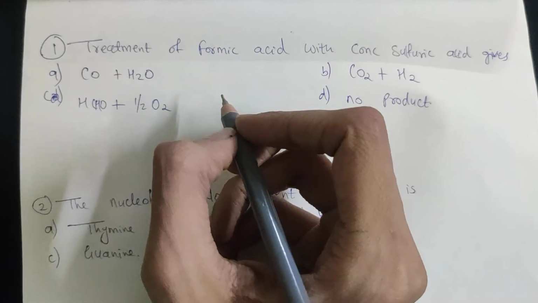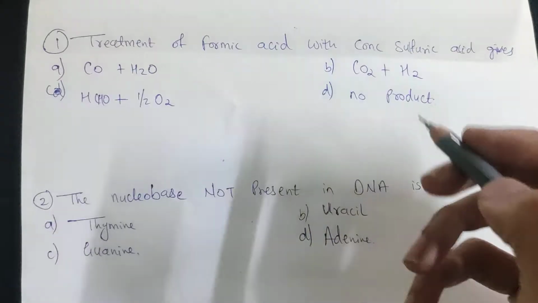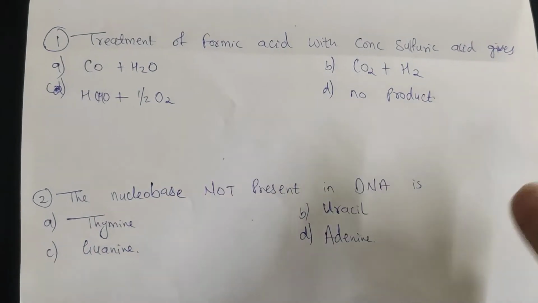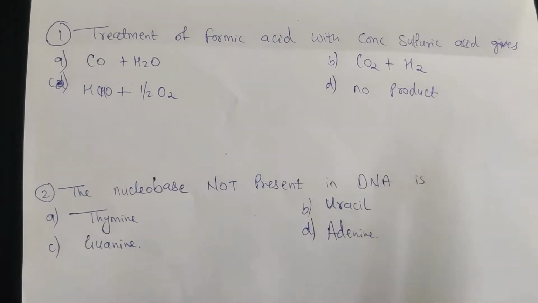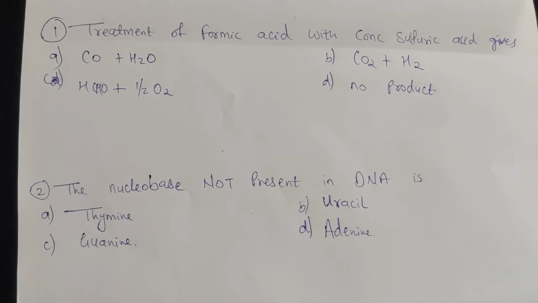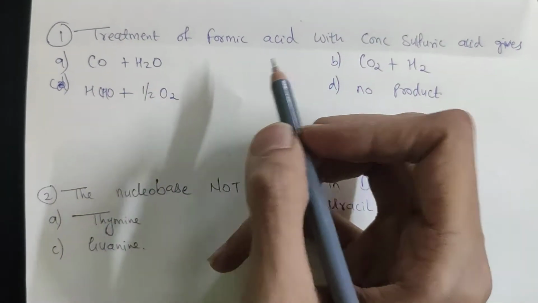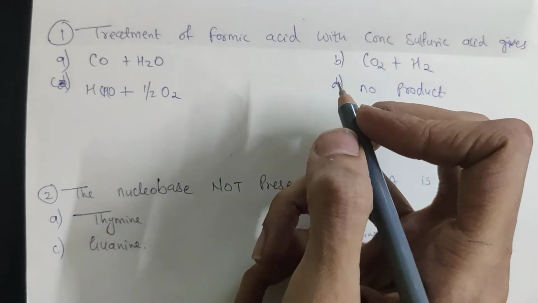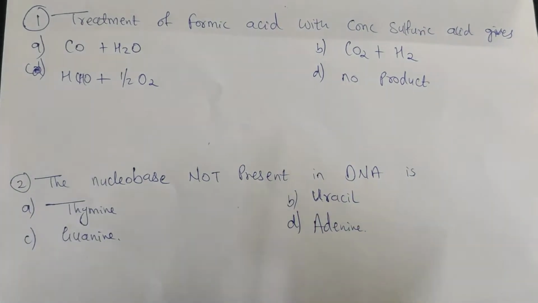As you all know, the IIT JAM paper is very near. So what we are doing is we'll be doing some questions and I'll arrange and compile them in a series. In each series we'll be solving around 2 to 3 questions which were asked in previous year question papers. This time I'm taking the questions from JAM 2020. As this is the first time, I'm taking very easy questions so that you get used to it. The level of difficulty for the questions in this video is very easy.